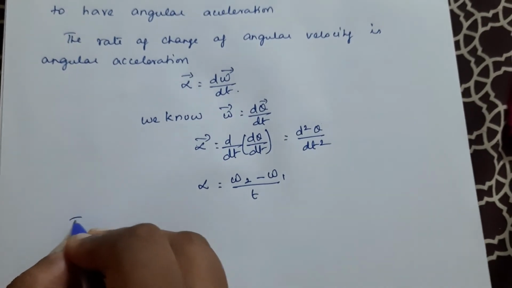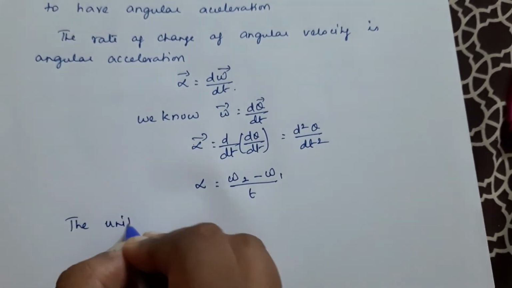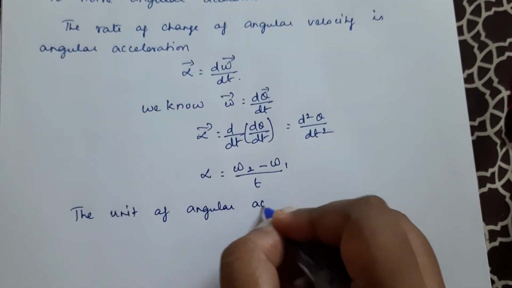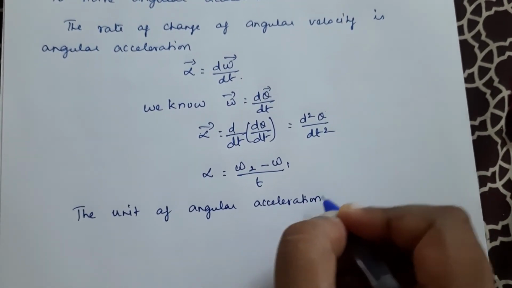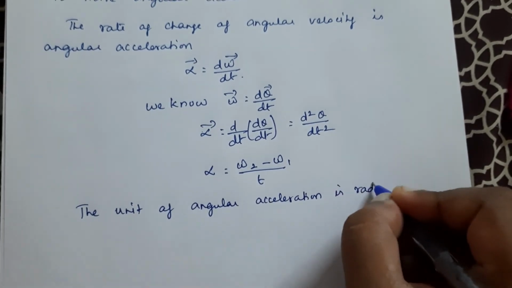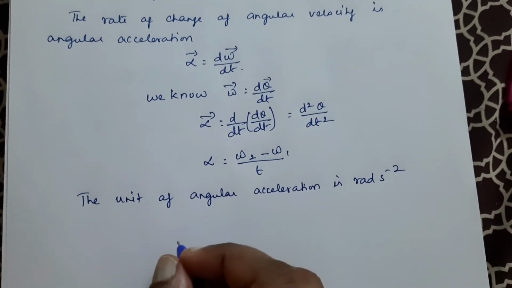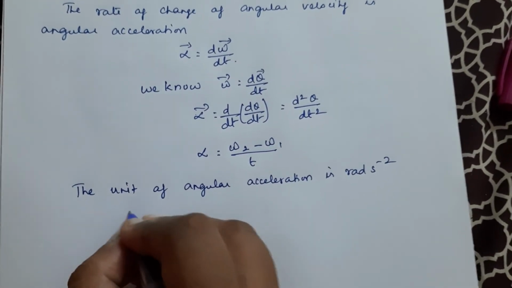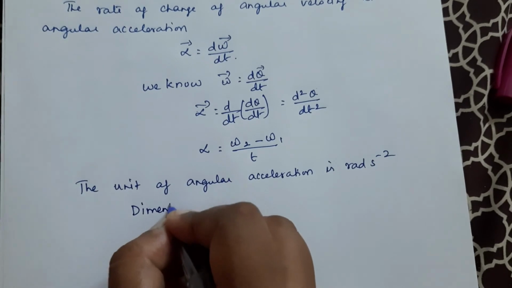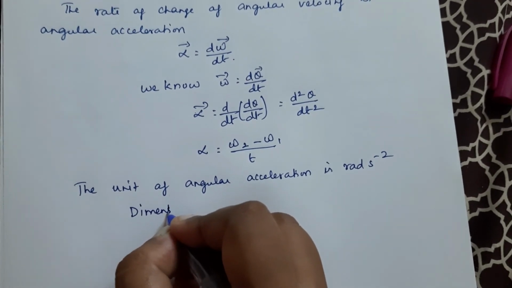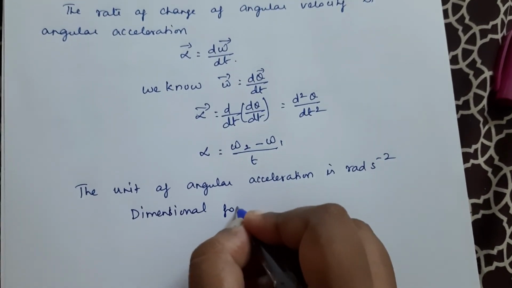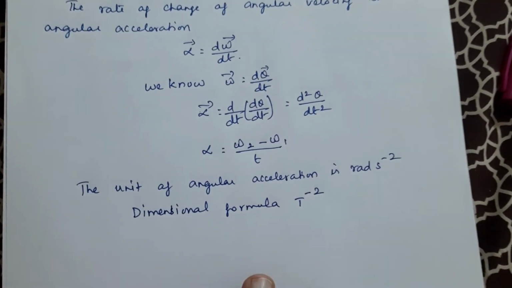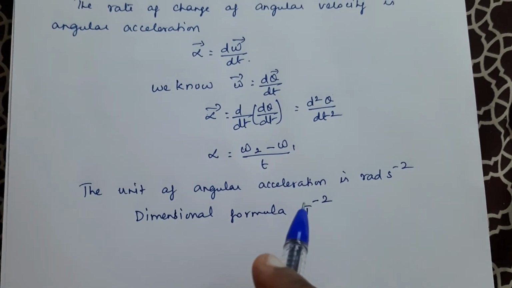Now what is the unit? The unit of angular acceleration is radian per second square. And dimensional formula: that is T raised to minus 2, because radian does not have any dimension. So it is T raised to minus